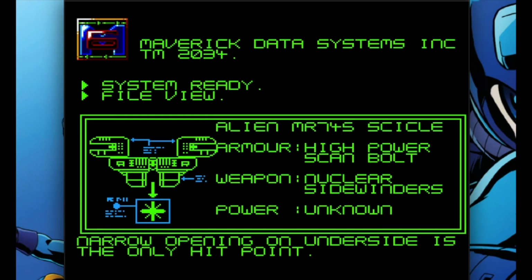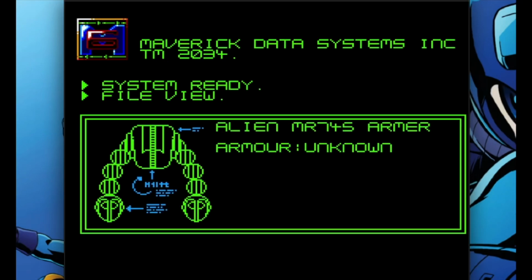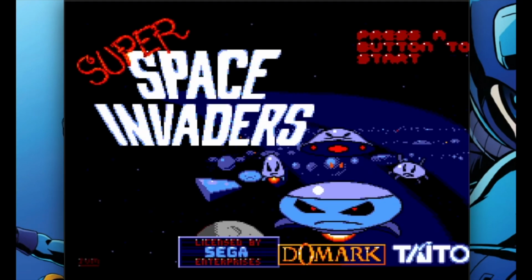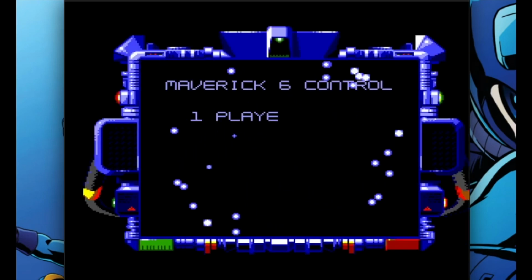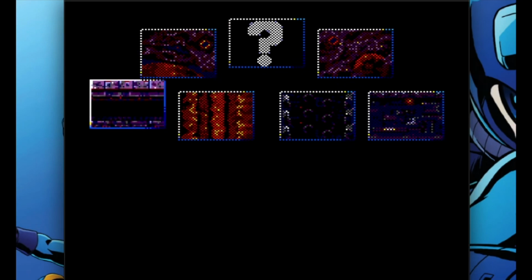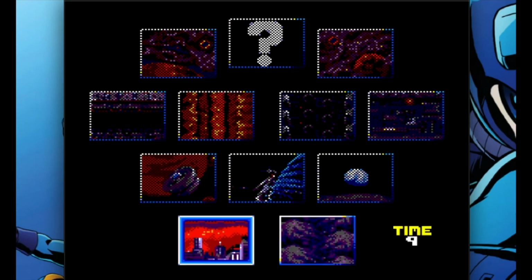Now, if you don't want to track down an import copy of this for Sega Master System, since of course it was not released in the United States, there were only 114 North American Sega Master System games, you can play Space Invaders 91 on one of those other platforms like ZX Spectrum or Atari or whatever else it was on. But you can also play the arcade version, Majestic 12, on the Space Invaders collection that just recently came